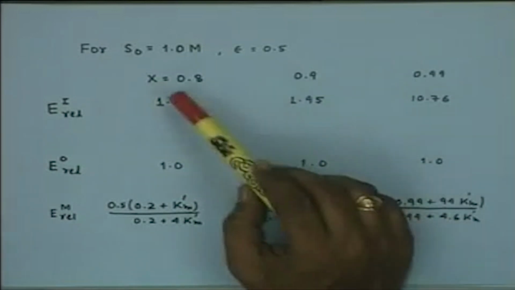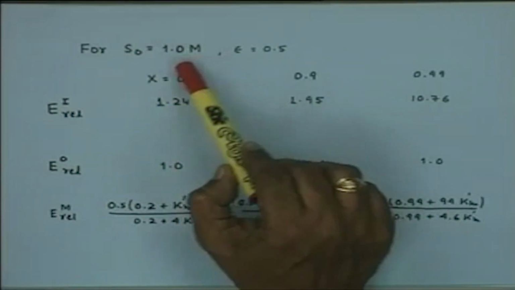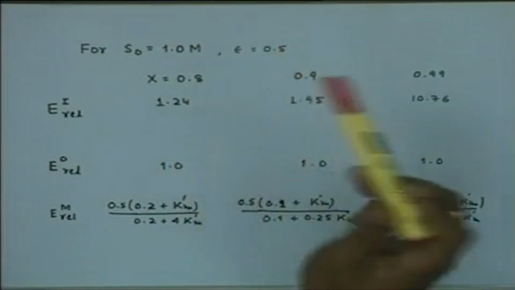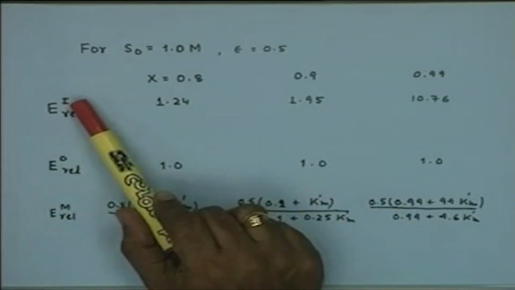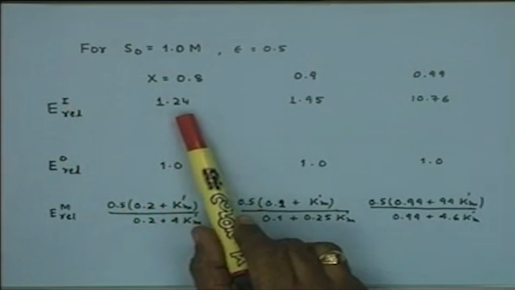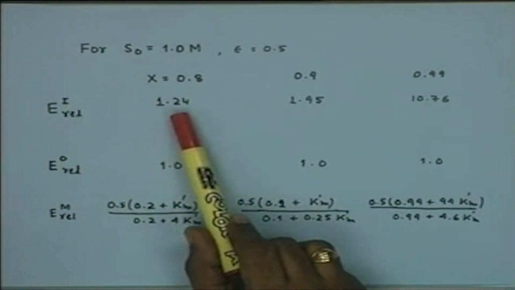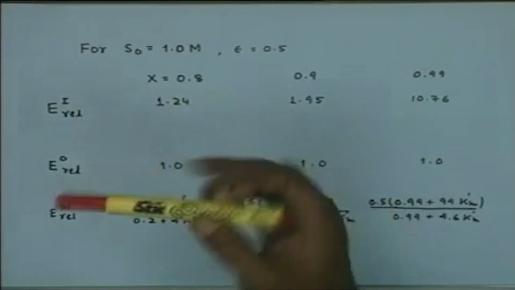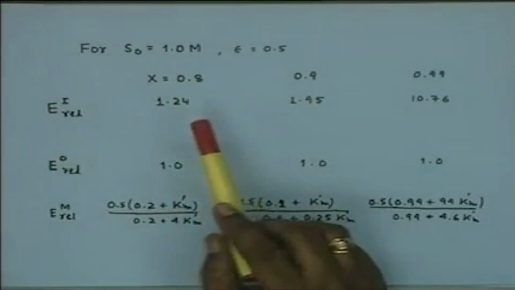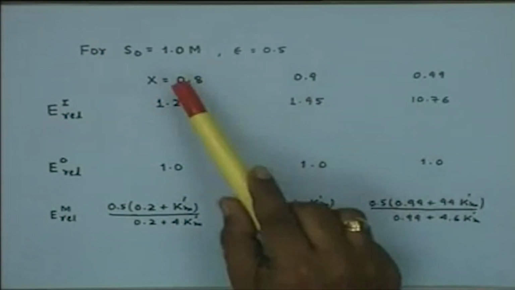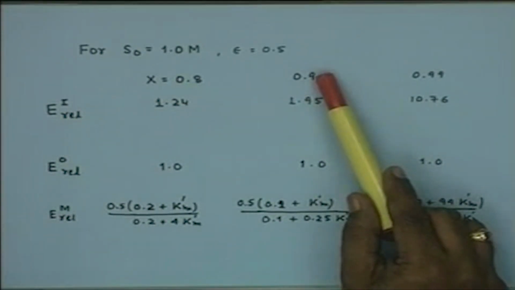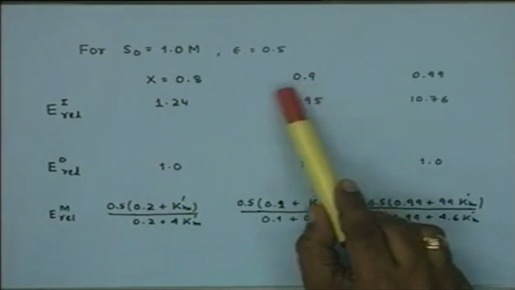So, under those conditions and assuming S0 is equal to 1 molar and epsilon of 0.5, now the E relative in the case of a first order enzyme at 0.8 is 1.24. Let them be any arbitrary unit, do not bother about units, but these are the relative ratio. So, the 1.24, as soon as you go to 0.9 conversion, the relative quantity of enzyme required is 1.95,